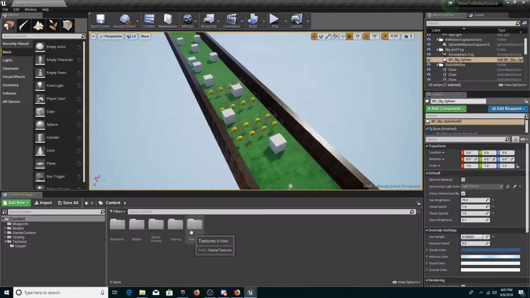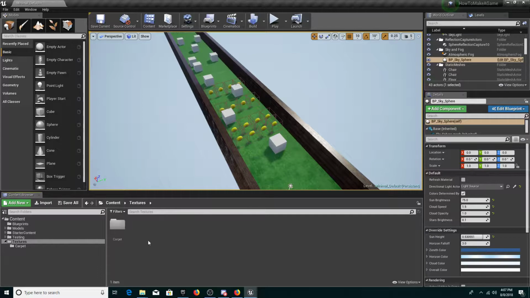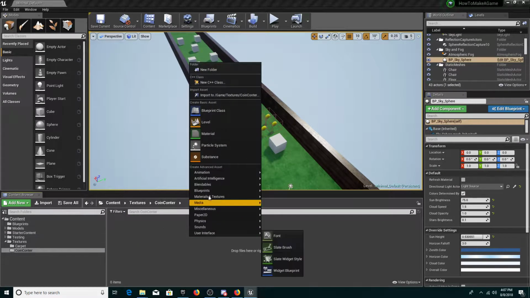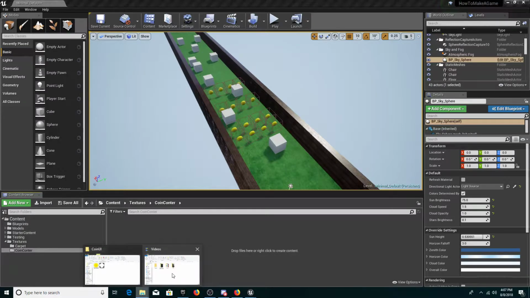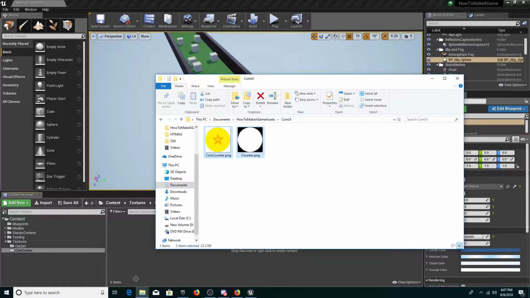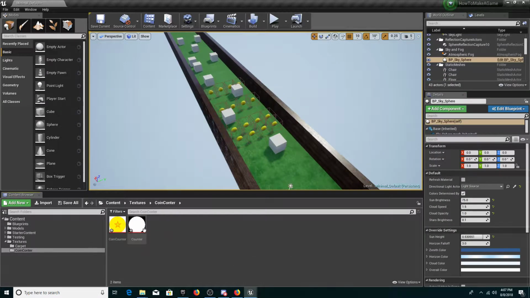So now let's just go to our textures folder and let's import our textures. Let's make a new folder, call this coin counter. And I don't mind the spelling, just leave it. So now this is gonna be in the description down below. Just import this, both of them, and make a material. Call this counter underscore mat